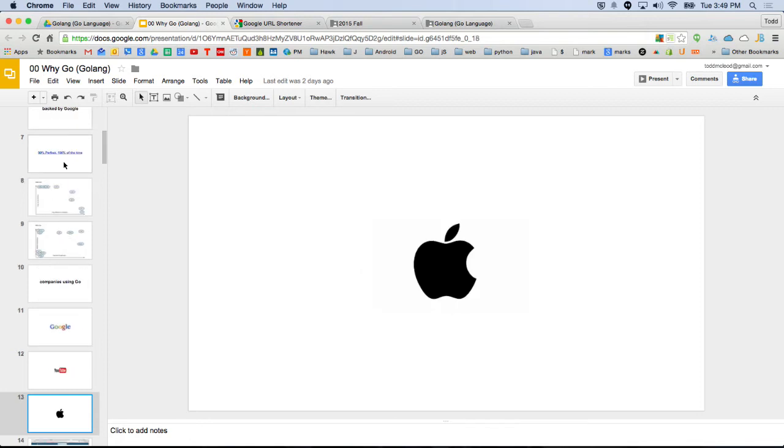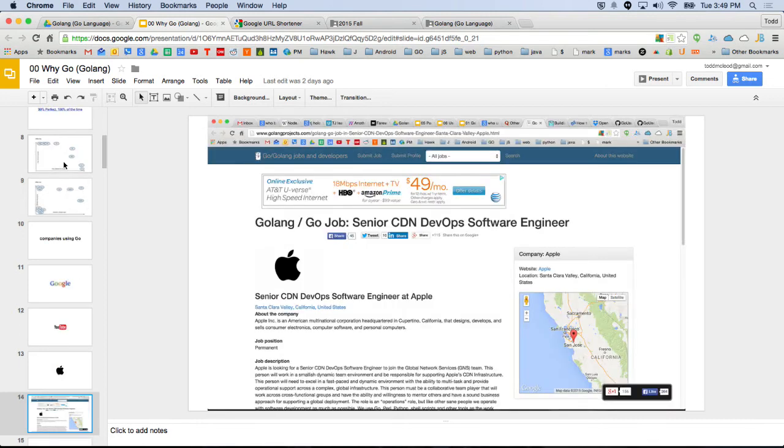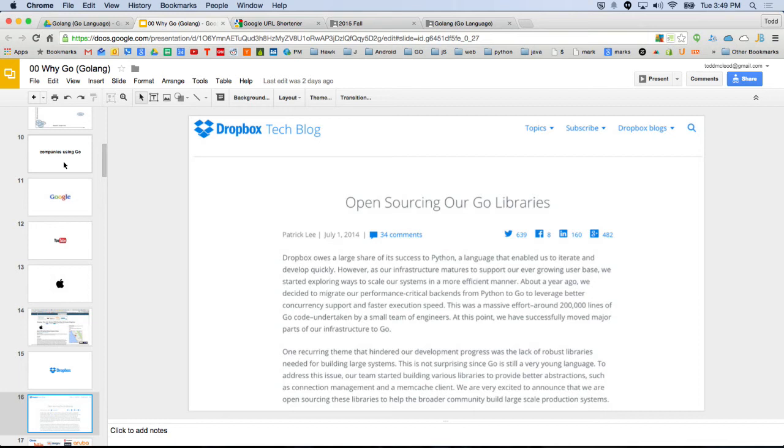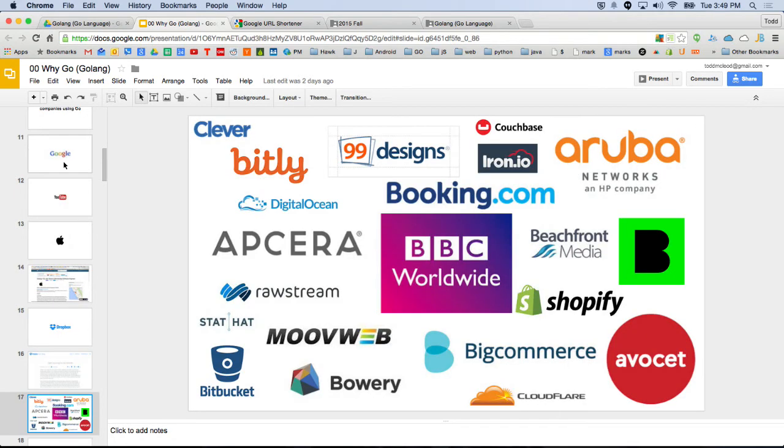Google, YouTube, Apple, surprised me. Here's the job advertisement for a Golang Go job, Senior CDN DevOps Software Engineer at Apple. Dropbox. Here's an article they posted about moving towards Go and then open sourcing a lot of their Go to help build the Go community. All these companies. Wow. So I'll give you a moment. Bowery, Cloudflare, BBC, Booking.com, 99 Designs, Bitly, Clever, StatHat, Bitbucket,